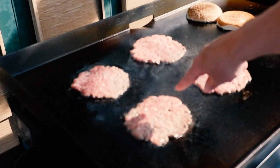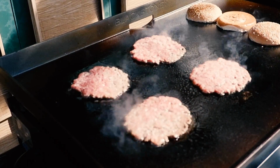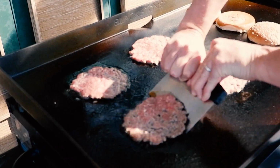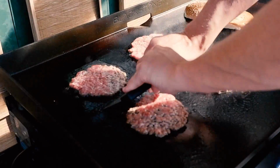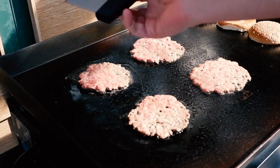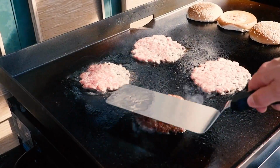As you can see, this one here is starting to cook almost entirely the way through. You can start to see the edges brown, and that's when we want to get our scraper out. Very important to scrape these off the grill to get all that delicious caramelization staying on the burger. Grab your flipper. And look at that. Beautiful golden brown